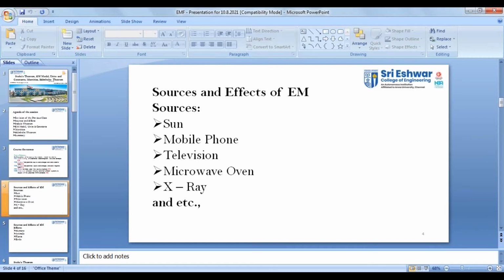So sources and effects you may expect in a 2-mark question. What are the different sources and effects of electromagnetic radiations or electromagnetism? If that is the question, the answer should be: sources are, from where